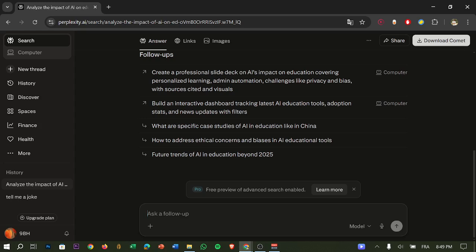Use browser cache, so if using a browser, recently opened pages may load. Works only if cached, okay? It's not guaranteed, okay? Use alternative offline tools, for example, for offline AI-like usage, we have notes apps, saved